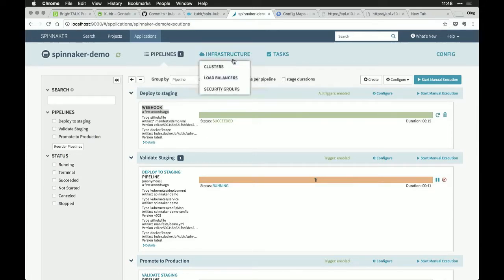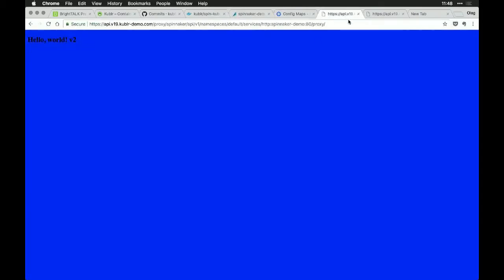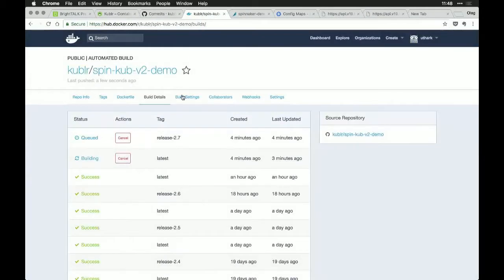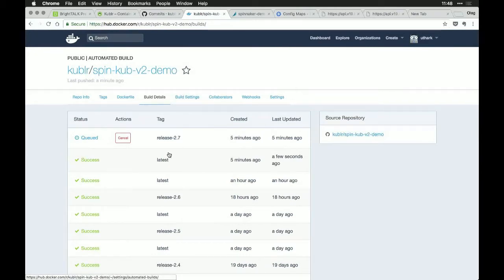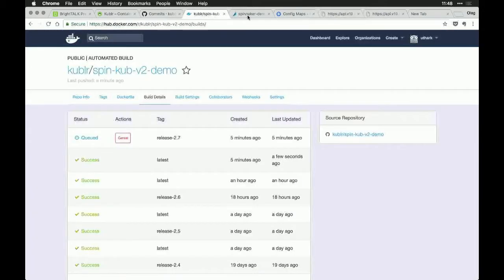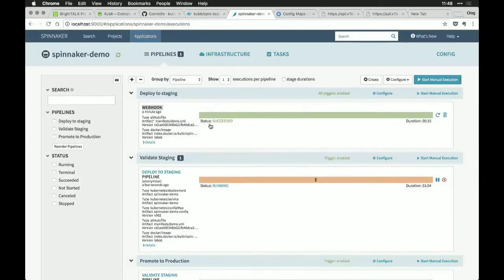so our deploy to staging succeeded. So we have a new version, so let's update it. And okay. Looks like, yes, it's here, and not here yet. Oh, it was the latest one. Okay, let's